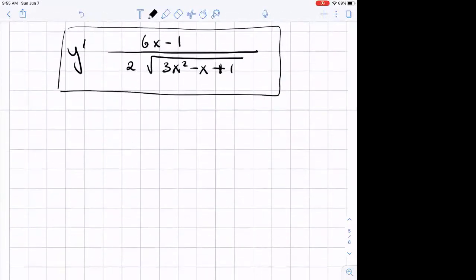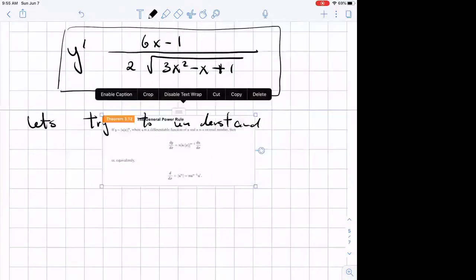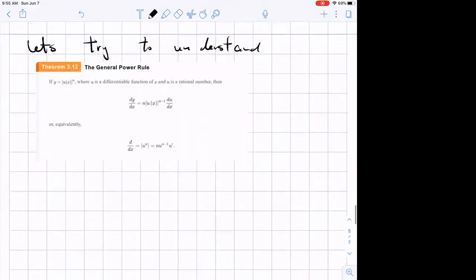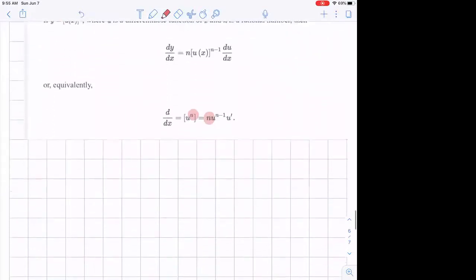So in the next example, let's try to understand this. Okay. So as I said before, n comes here. So example,